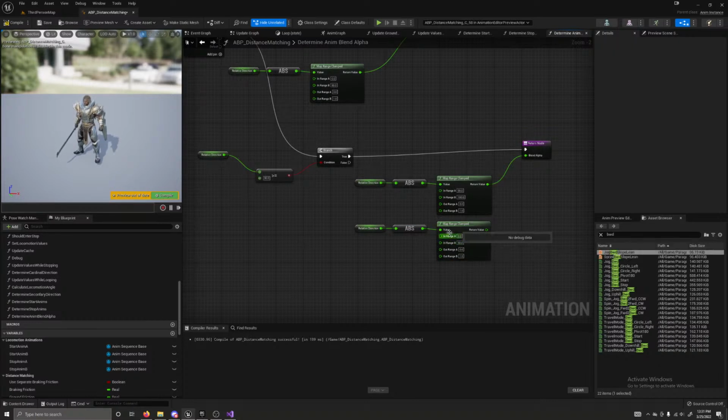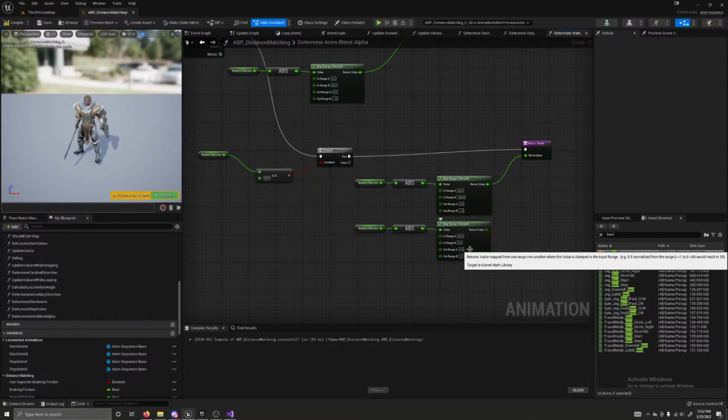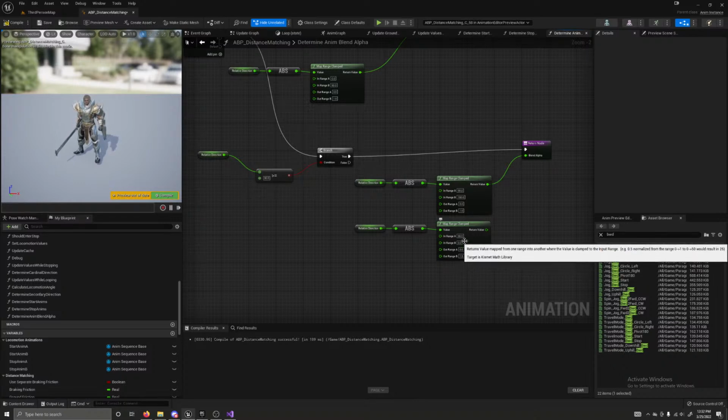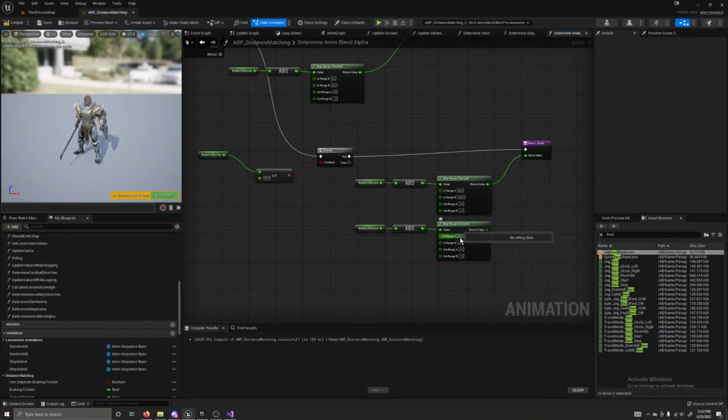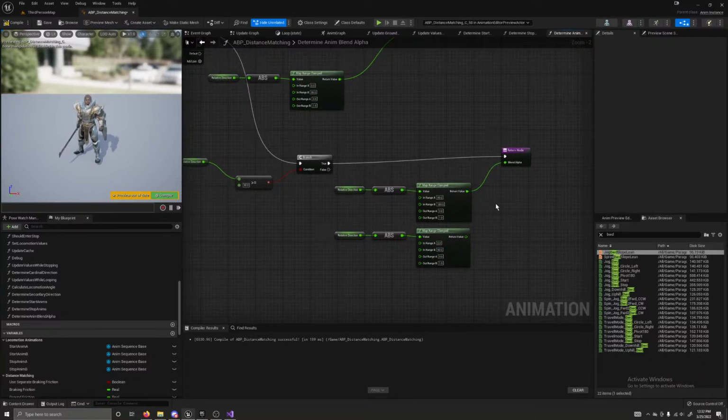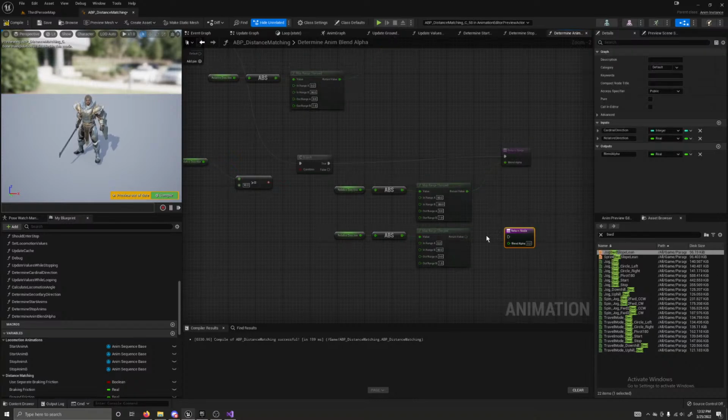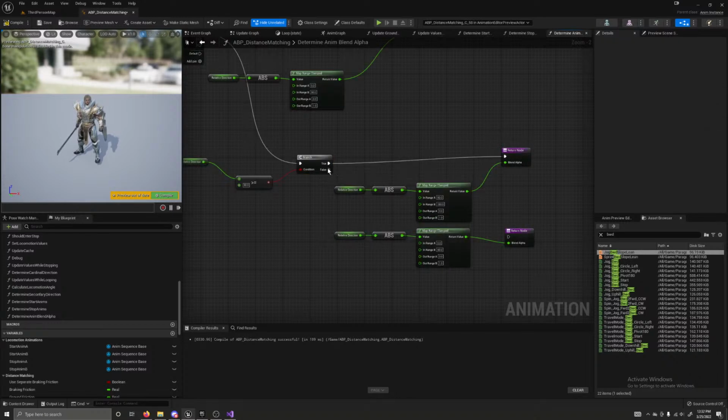So 1 would be right because we're moving right, so 90 to 0. The out range is, so we're at A, our alpha should be 1. So yeah, 0 to 90. That's right. We'll return that. And now for backwards,